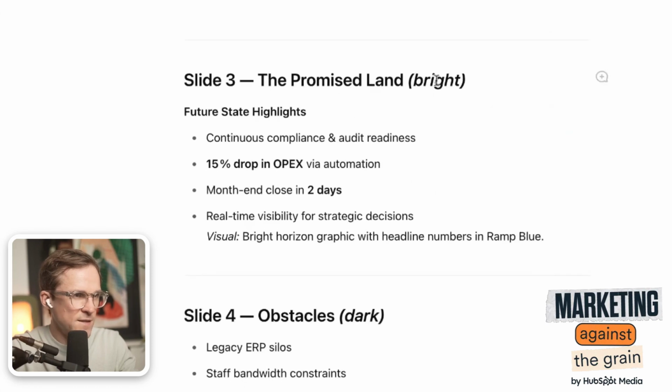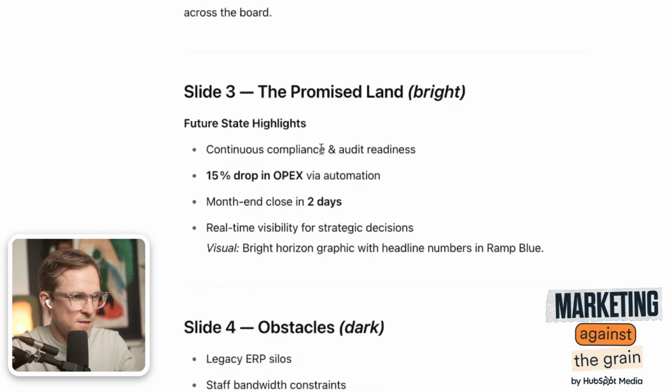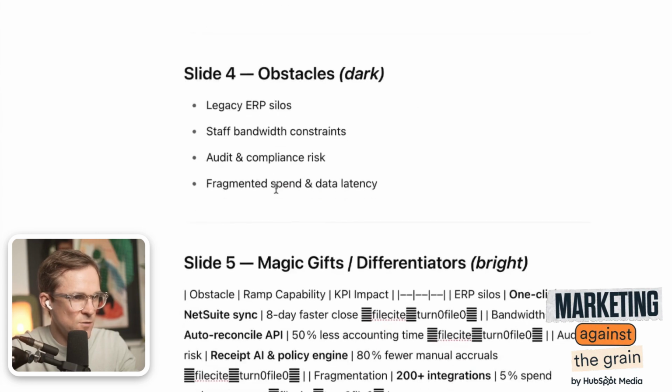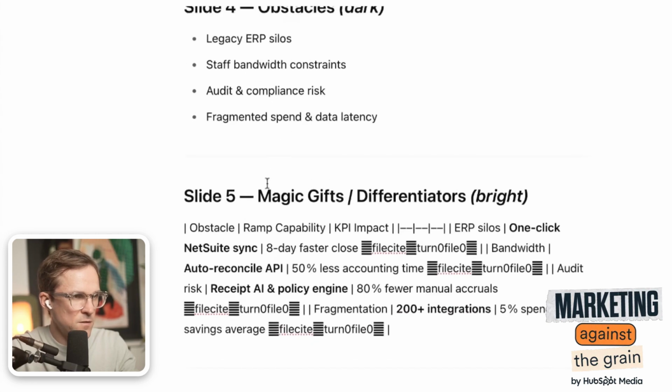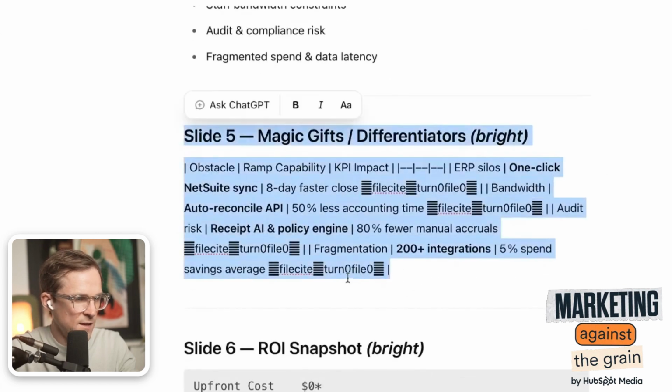The promised land, it's got the bright here. You see this is dark because this is the setup, and then we go to the promised land, and it's bright because we are much happier going to the promised land. Future state highlights: some of the highlights on why you want to get to that promised state, with some real stats to sell that point. Obstacles, talks about the obstacles, talks about magic gifts and differentiators. This came from April Dunford. I will say this is new to me. I have not seen these kind of weird